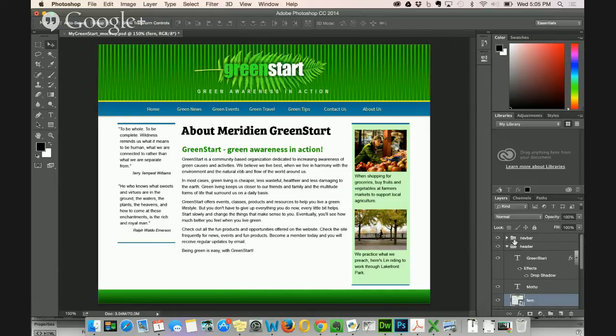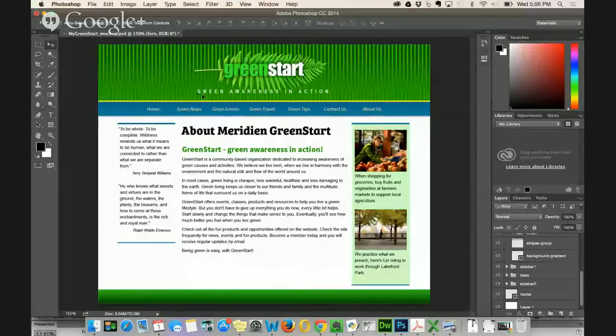It's kind of small, but it has folders. Here's the header folder, which is this up here, right? It's the header. Now you'll notice they put it right in the middle, and they've got green start text. So that's this text with effects and a drop shadow on it. Then they've got a motto, which is this, green awareness in action. And that's in the layer. And so they've got it formatted a certain way. Then the stripe,